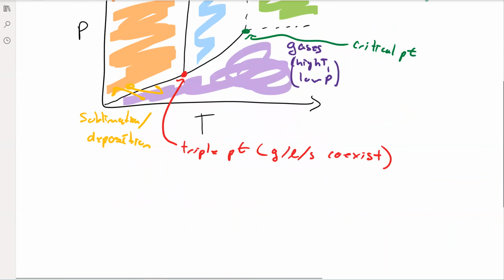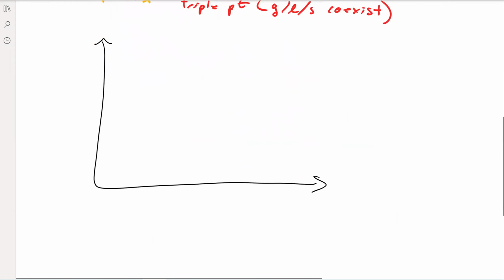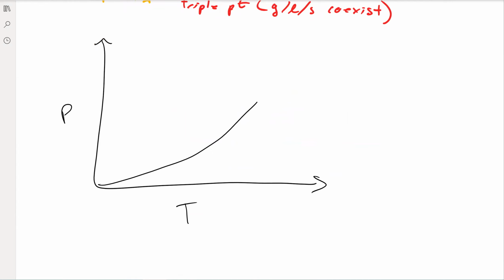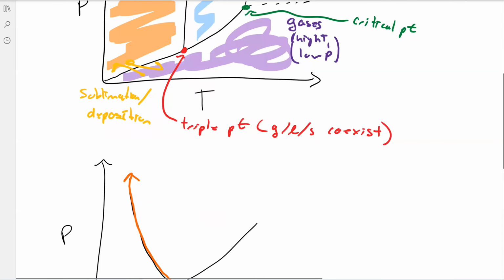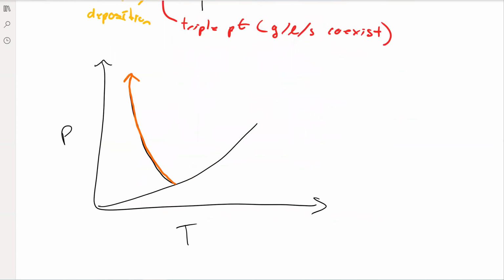Most materials have a pretty similar phase diagram, just the actual values are going to change, right? What's the pressure, what's the temperature, that kind of thing. Water itself has a slightly more interesting phase diagram. I've exaggerated it right here, but you can see how this one has what they often refer to as a negative slope. You can see this one points up and more towards the right, whereas this one is going towards the left, right? So what we can see is going on here with water